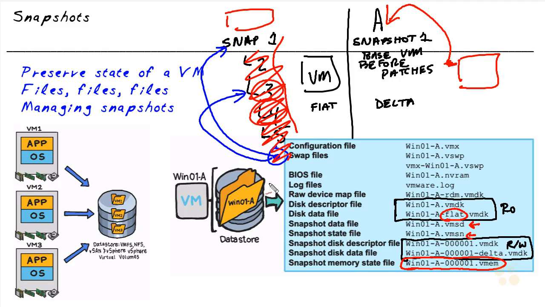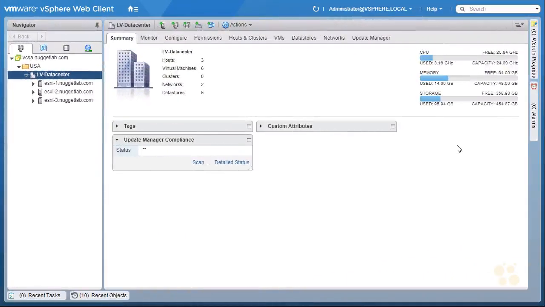So in the hands-on lab, what I'd like to do is let's walk through some scenarios of where we can create, verify, and manage our snapshots. So here in the vSphere web client, let's go ahead and pick on a victim that we'll go ahead and practice our snapshots with. And to do that, let's use VM5. So we'll click on the icon for VM and templates over here in the navigator pane, and then let's select